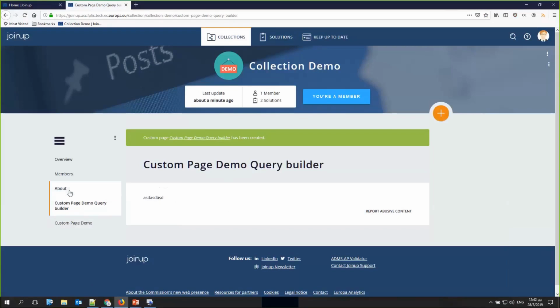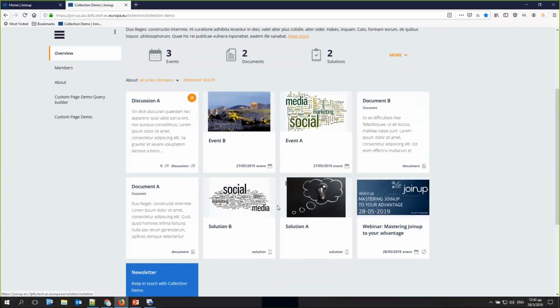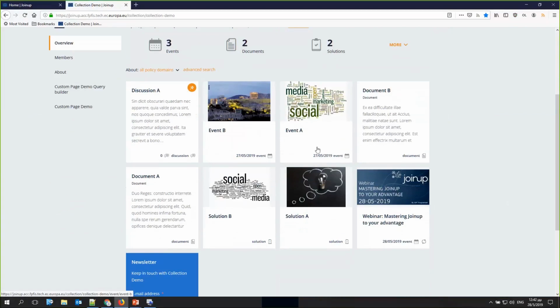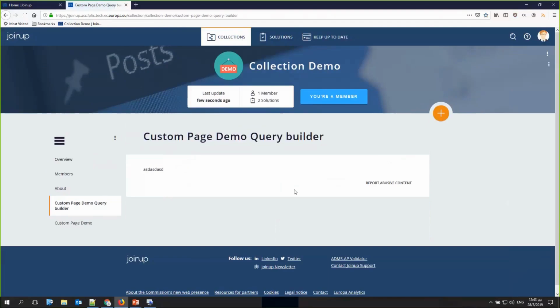Okay, what I want to do now, if I go back to my overview page of the collection, and this is my landing page, okay, let's see. I have items with the A and B letters, as you can see. So what I'll do in our custom query builder page, I'm going to pull in and show only in this page the A items. Okay, so we have a discussion, an event, a document, and a solution. So if I go back to this page, custom, click on it, and edit it,